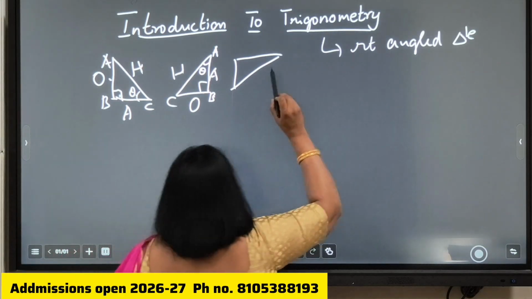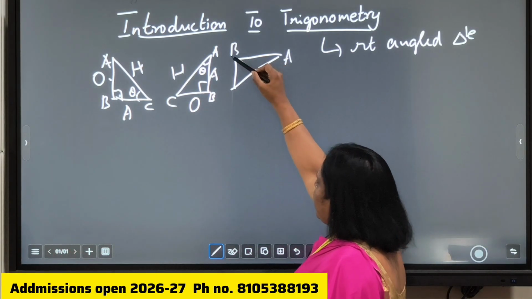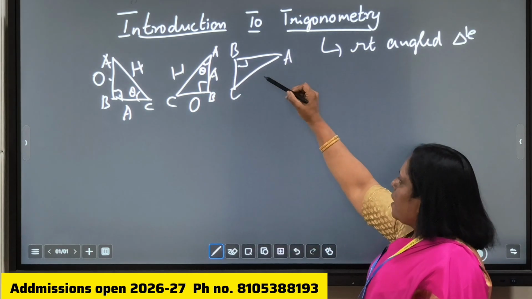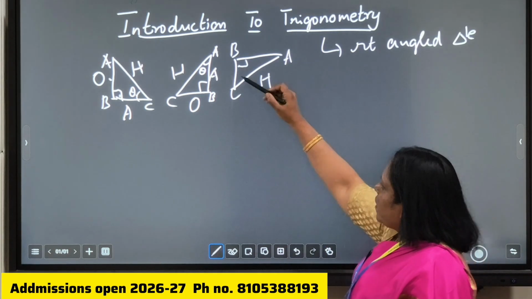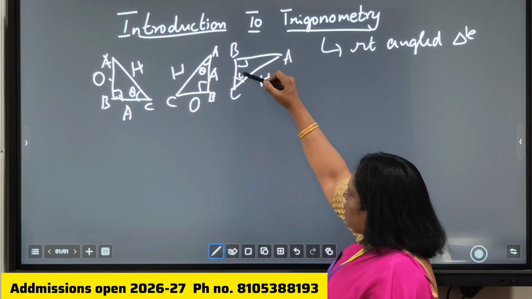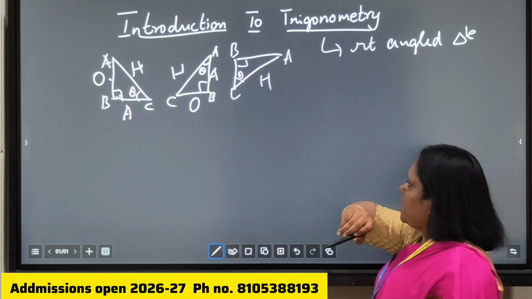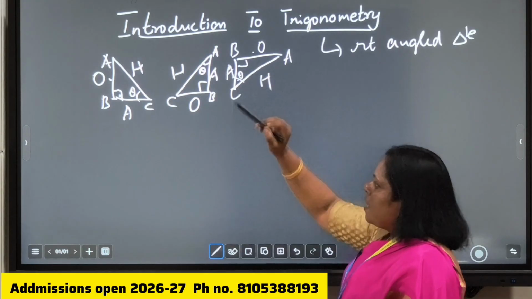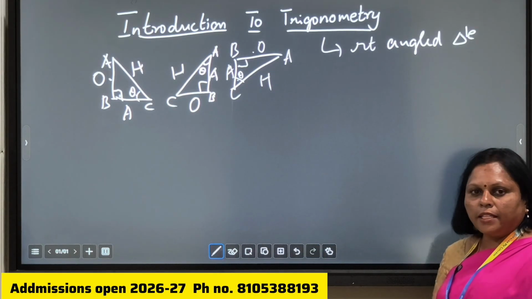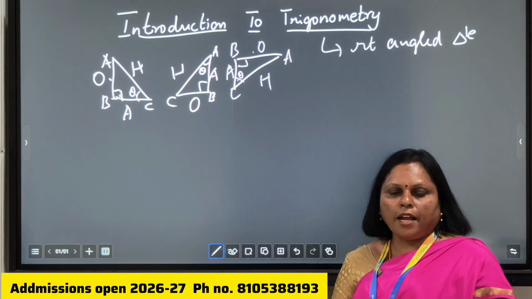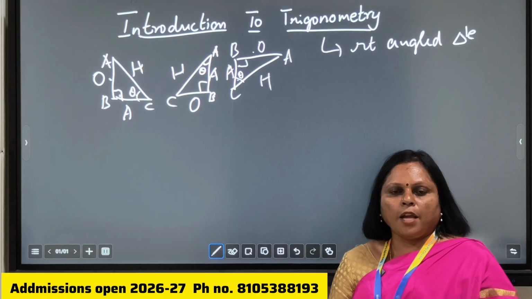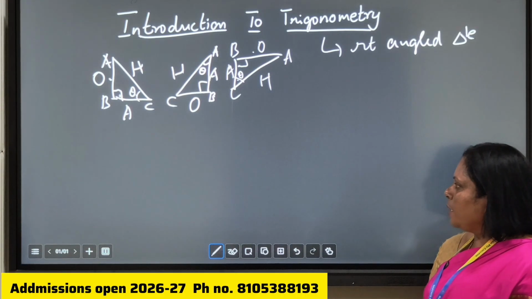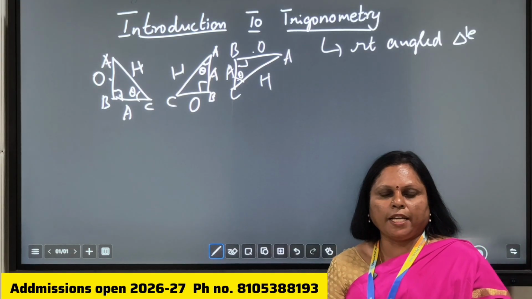Suppose I take the third triangle as A, B and C, and consider it a right angle triangle. The side opposite to the right angle will be the hypotenuse. If I consider angle C as theta, then opposite to this angle is the opposite side, and the other side is the adjacent side. Now children, I think you are very clear with identifying the hypotenuse, opposite side and adjacent side. Now we will go through the 6 trigonometrical ratios.